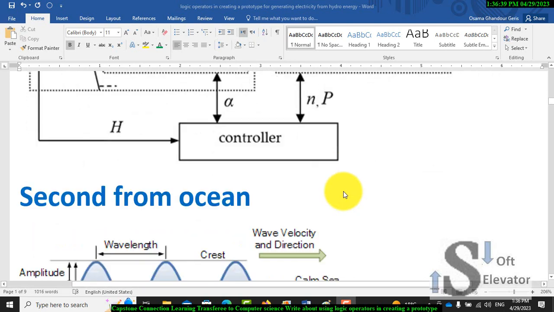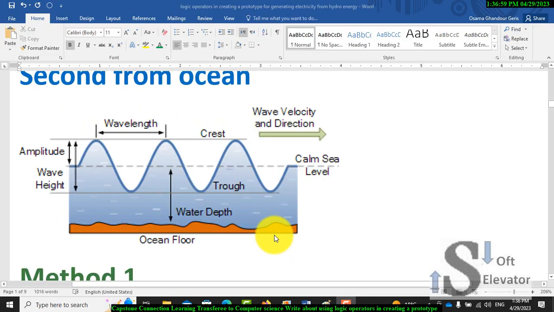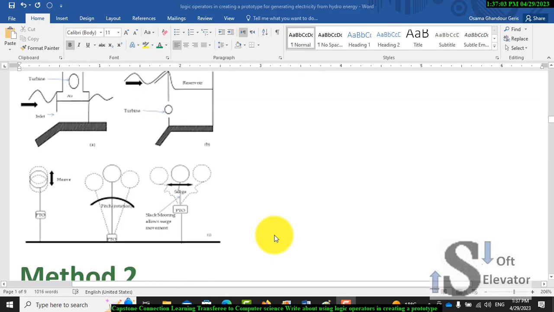Okay, so the second way is from the ocean, and this is the simple drawing of how the ocean or the waves are moving through the ocean or the sea. So the first method, as declared in this diagram,